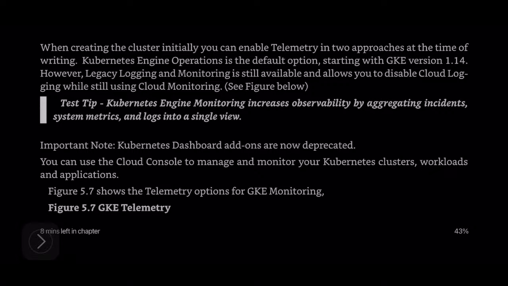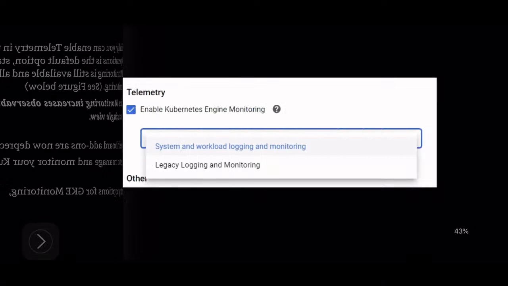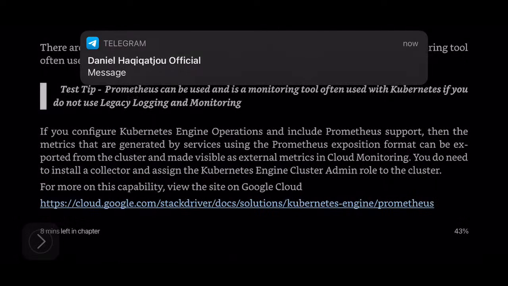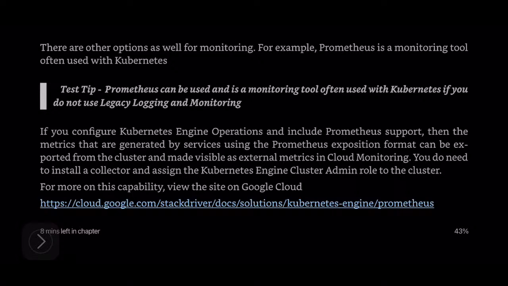Figure 5.7 shows the telemetry options for GKE monitoring. Figure 5.7 GKE telemetry. There are other options as well for monitoring. For example, Prometheus is a monitoring tool often used with Kubernetes. Test tip: Prometheus can be used and is a monitoring tool often used with Kubernetes if you do not use